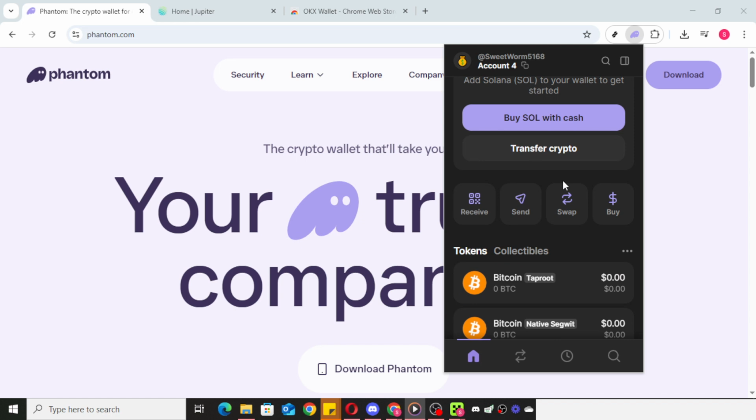Now that you're in, you should find yourself on your homepage. Here, you'll be able to see your current balance and any tokens that you already own. You can also explore the different features available to you, such as receiving, sending, swapping, and, importantly for today's task, buying. Our focus today is on the buying option, so go ahead and click on the Buy button you see